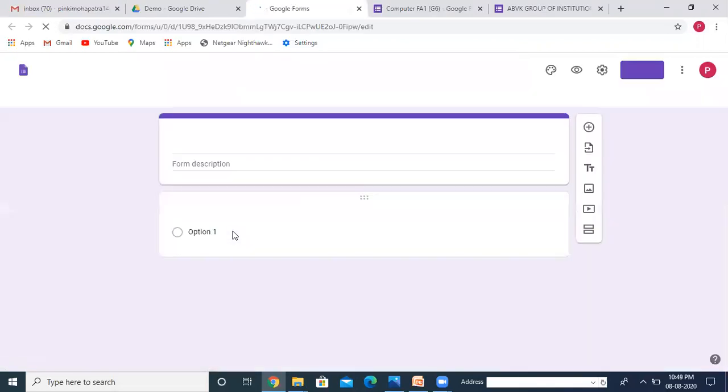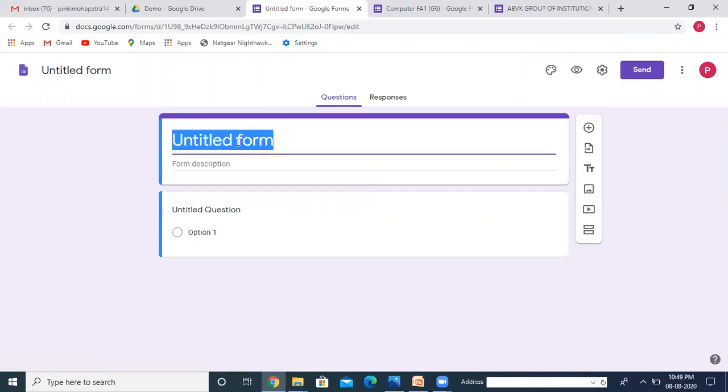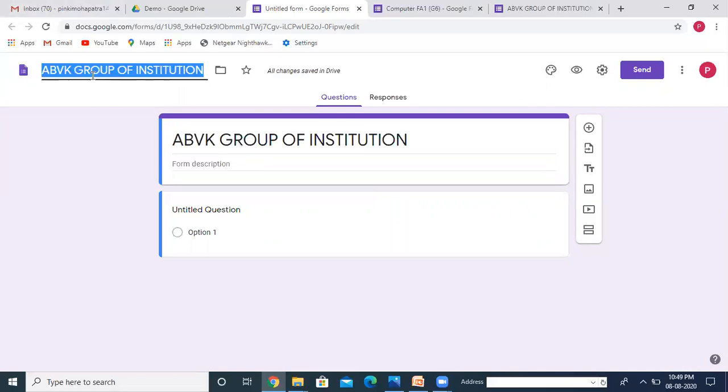Once this is done, I can write here the name of the institution. Whatever I type here, as you can observe, I typed the name of the school. So here you can see the same thing will come, but I want to give a different name here.